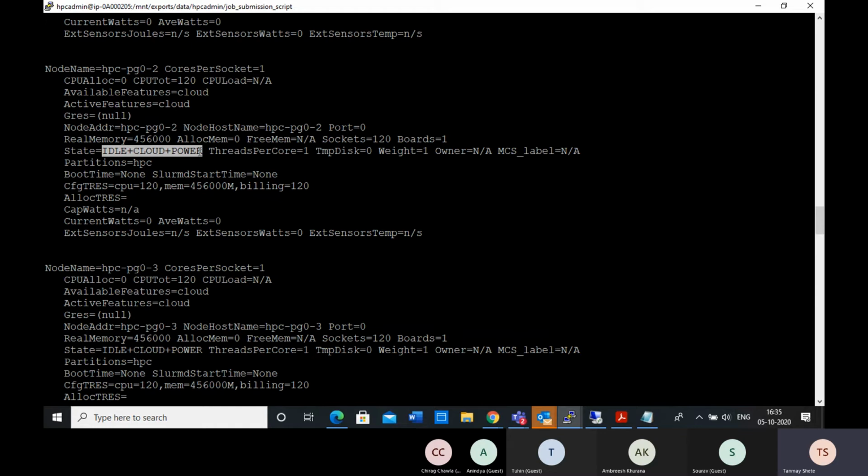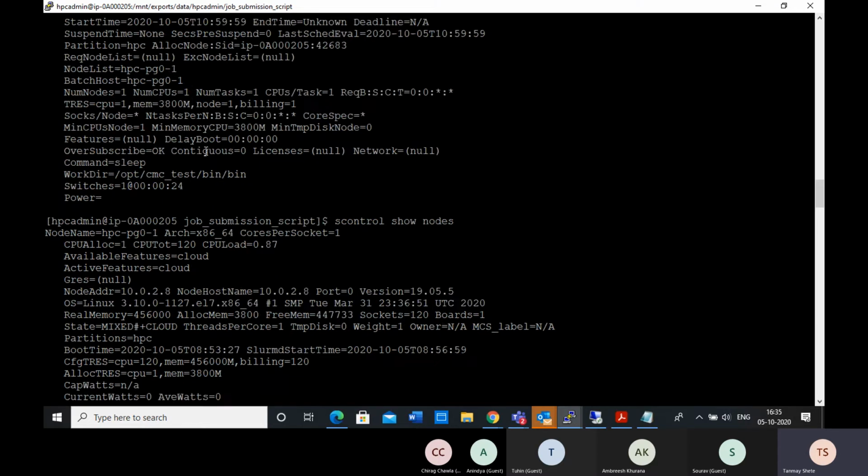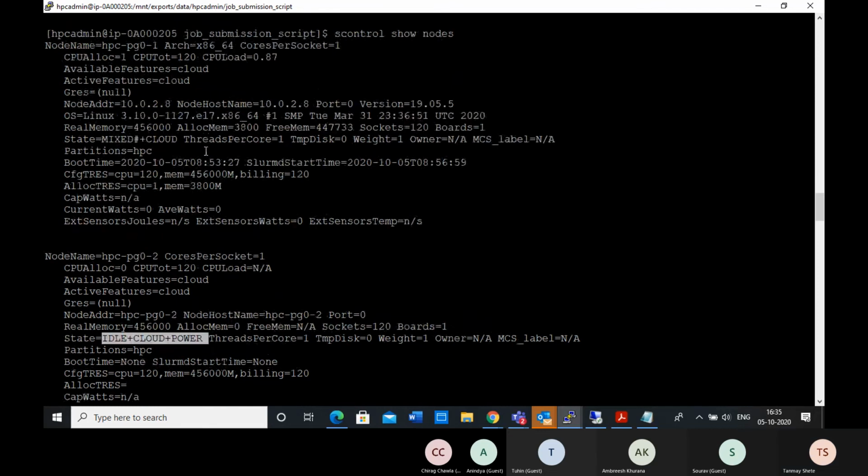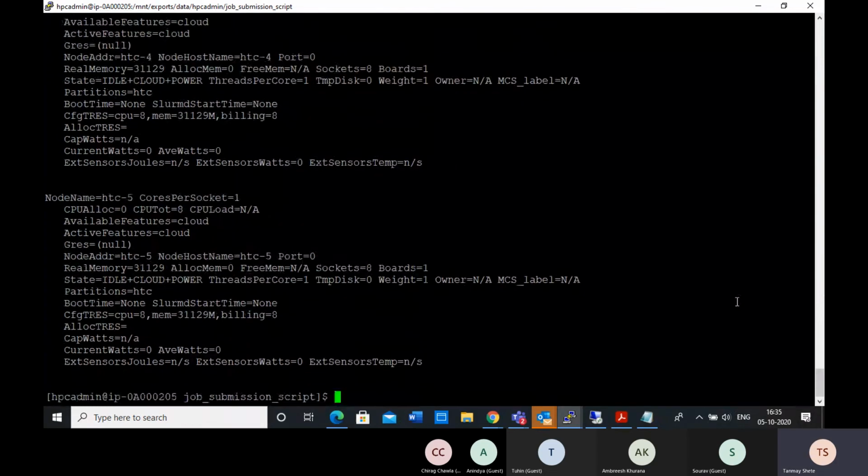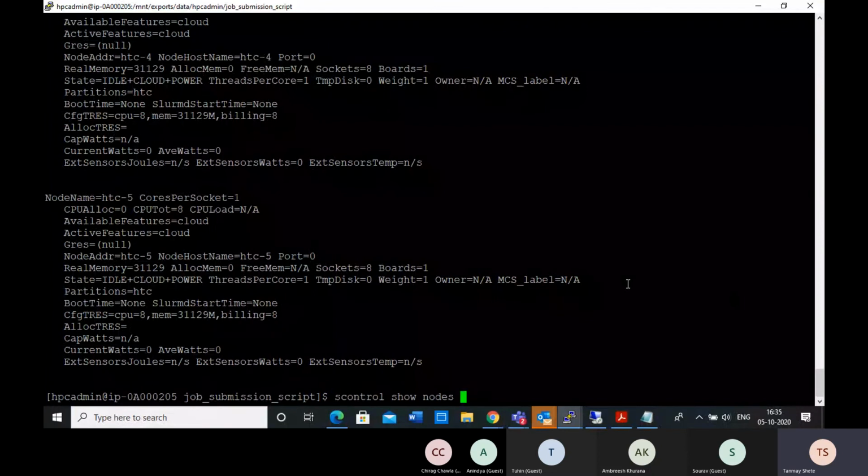But you can discuss amongst yourselves, and if nobody is running a job, then idle plus cloud plus power is the state, which means the machine got deallocated or killed.